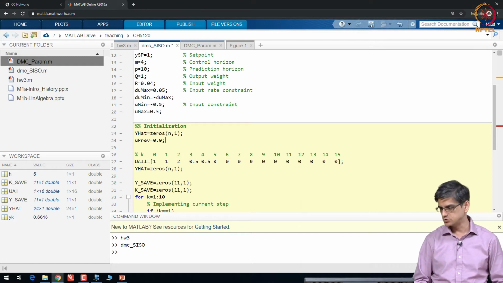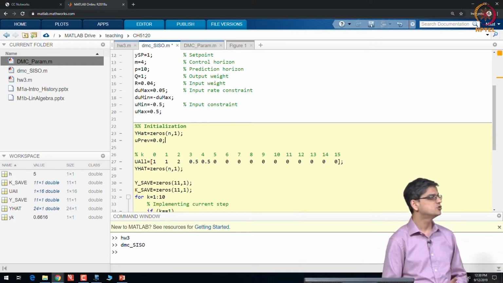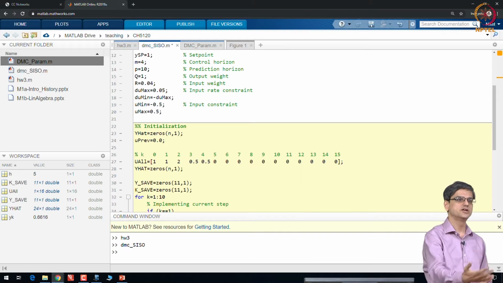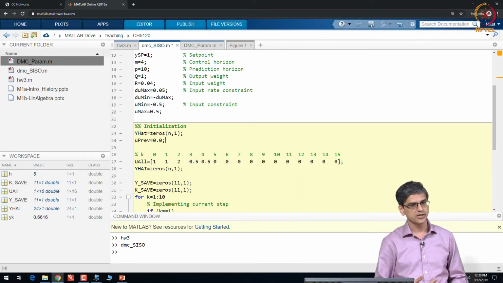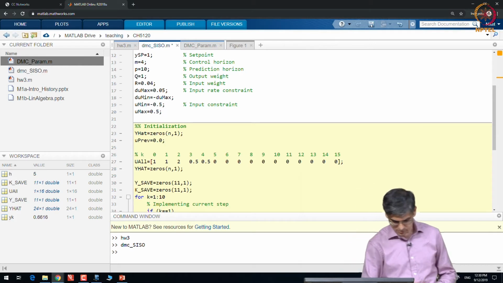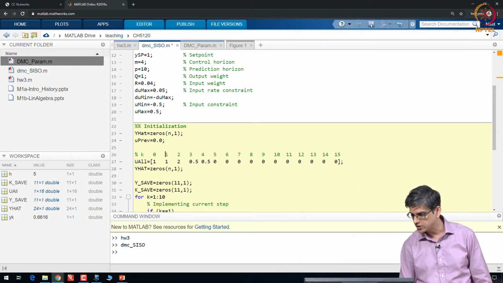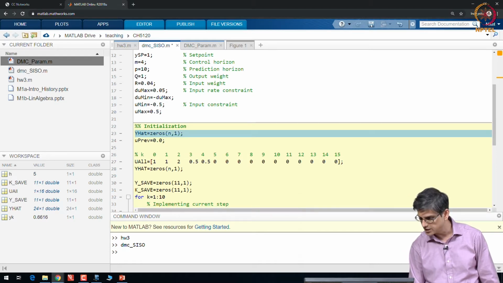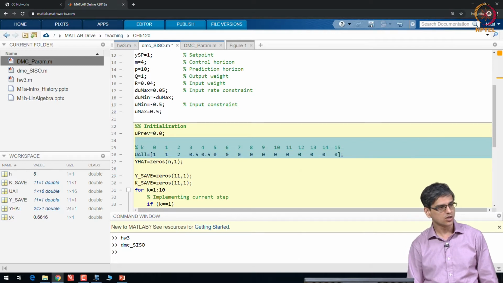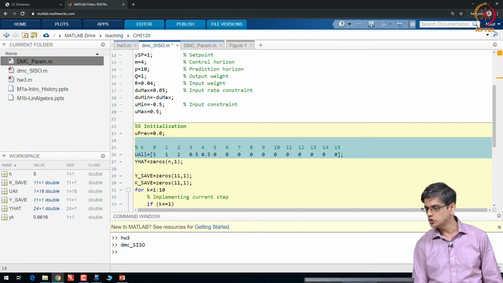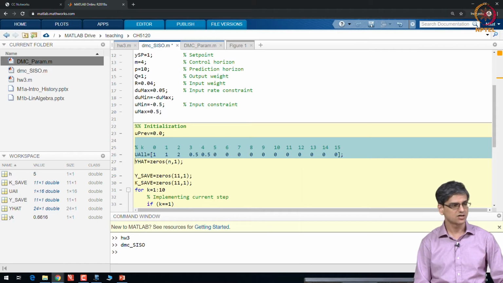This is u k minus 1. Why do I need u k minus 1? To calculate u k, you need u k minus 1 because the DMC algorithm calculates delta u k. So, that is the reason why you need u previous. Oh okay, I already had that y hat, so let me delete it. I will also delete this u all. Why am I deleting u all? Because u all was nothing but an operator input.